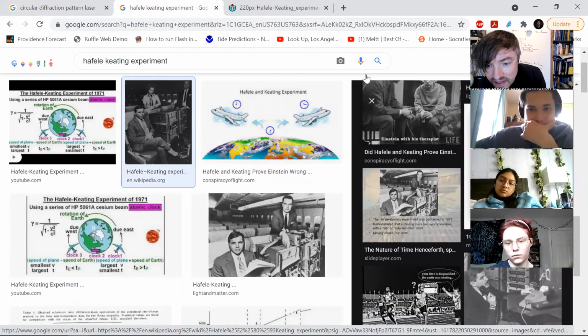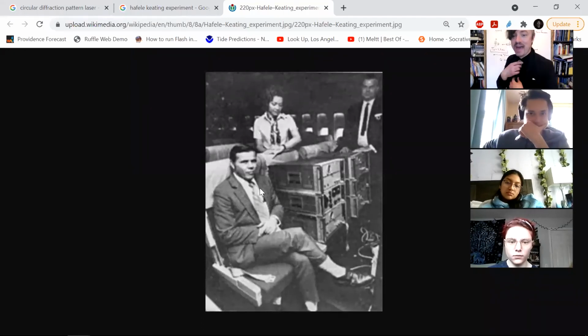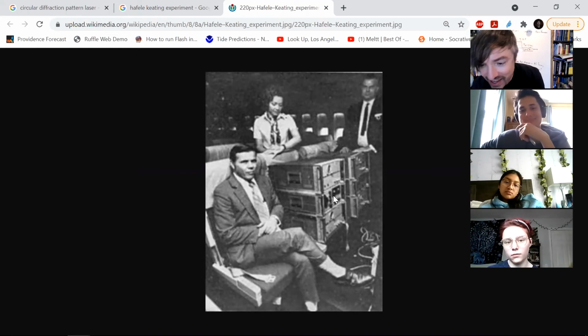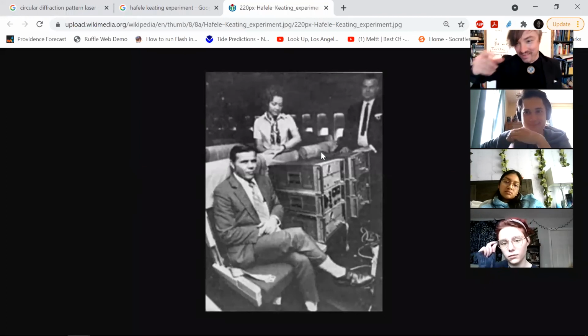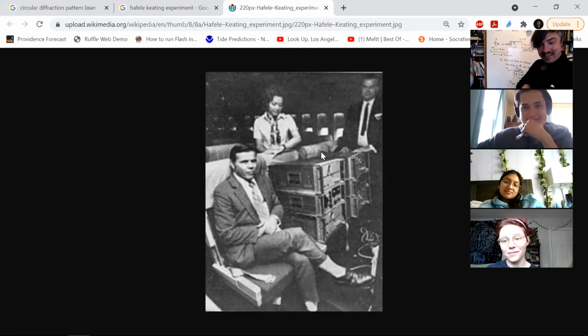Okay, so what we see in the picture is the physicists Hafele and Keating, all dressed up in their Mad Men era 1960s suits, sitting there with the two atomic clocks in the airliner. And here's the stewardess who's probably serving them highballs and martinis during the whole experiment. And they all decide to take a picture for posterity. And the two scientists are sitting looking serious.